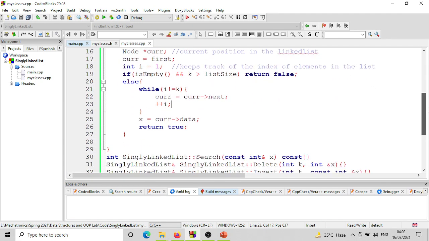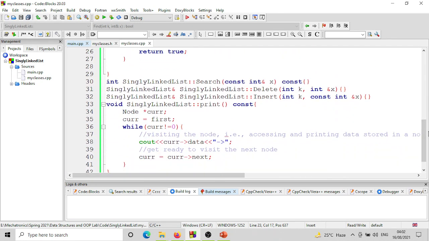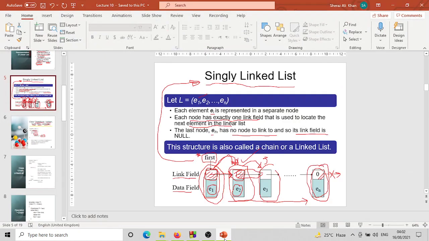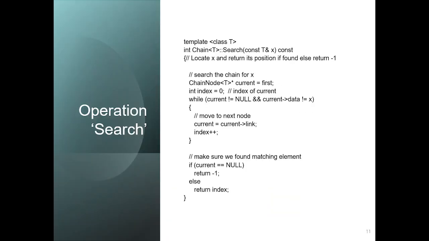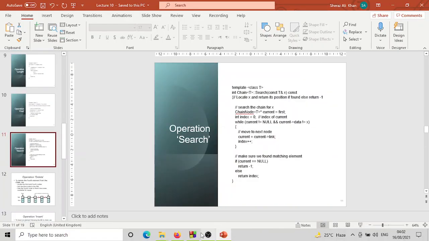This is the find method। The next method is the search method, ठीक है। Let's see कि search method में क्या होता है। अच्छा, now what do we do in search method? search method क्या करता है? search method x को locate करता है and returns its position if found, ठीक है। so what it does, it does not know the position, it only gets a value कि इस value को मालूम करो, and फिर उस वैल्यू पे जब ये पहुंचता है तो उसकी पोजीशन रिटर्न करता है, ठीक है। सो this is also easy to implement।